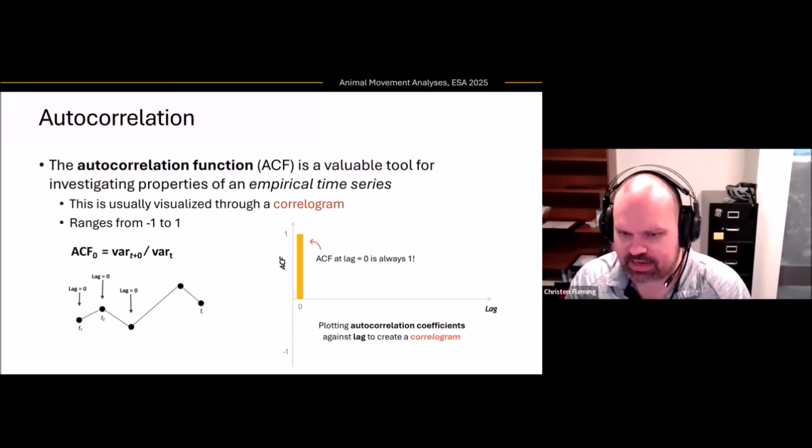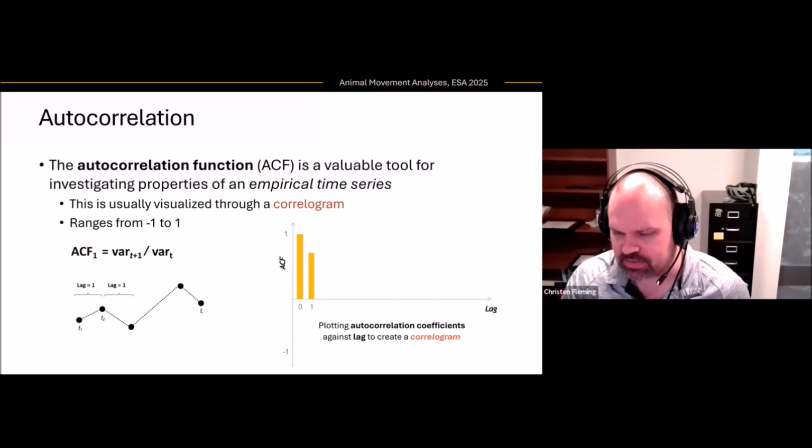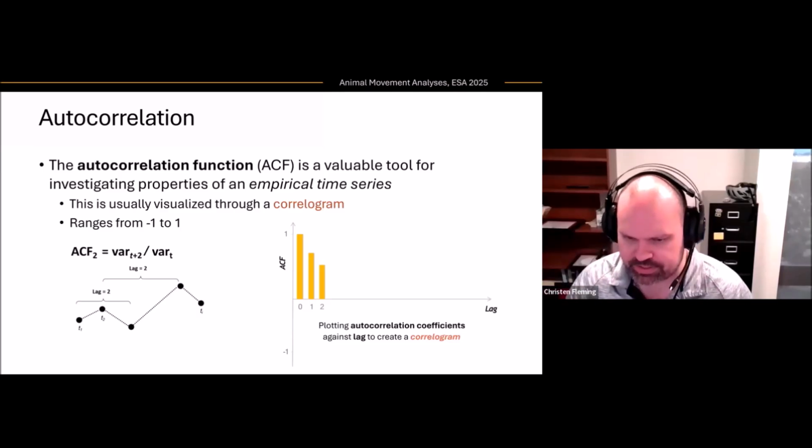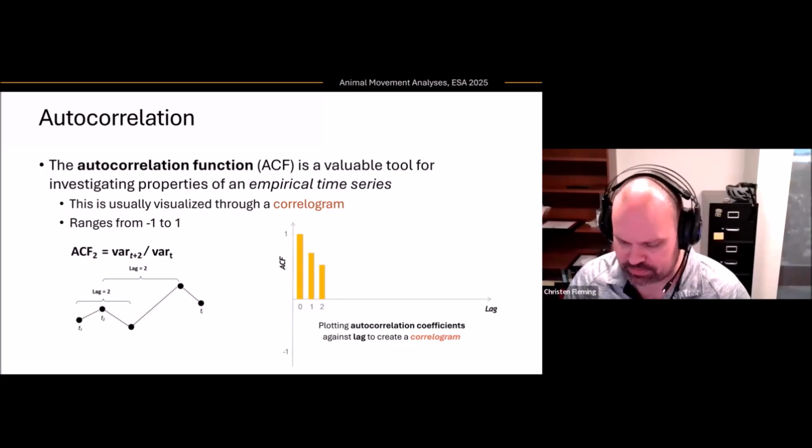And the way we quantify that is with the autocorrelation function, where we look at the correlation at all points that are a certain number of time lags apart, where the time lags are in terms of how we sample the data. So if we track an animal's locations every hour, then at 1 hour apart,